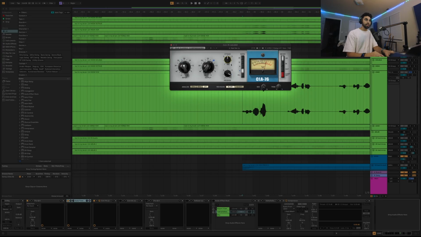So I'm using a slow attack. How it works is if you put more of this knob, you'll get a faster attack. If you put it all the way to the left, you have a slower attack. So I'm kind of like in the middle, like not super fast, not super